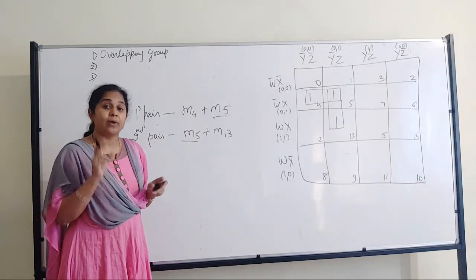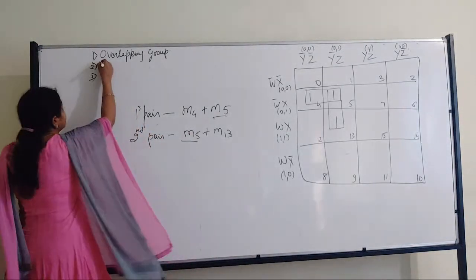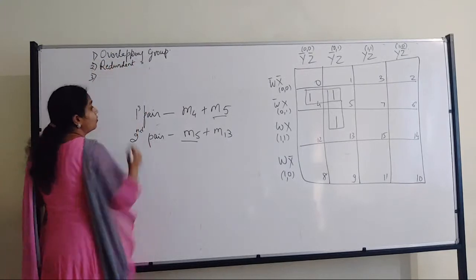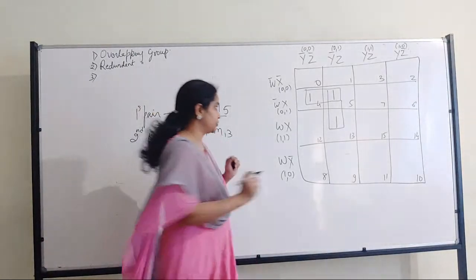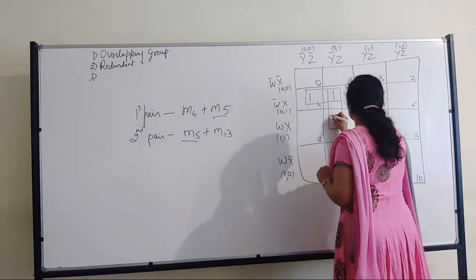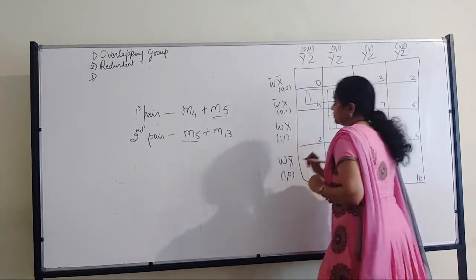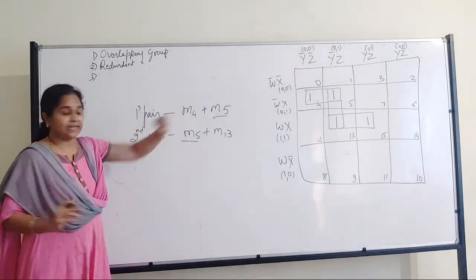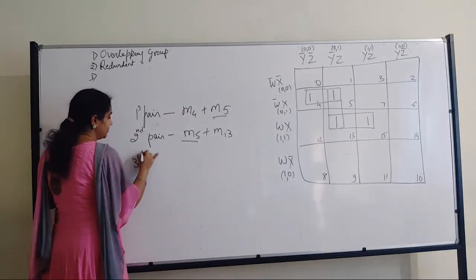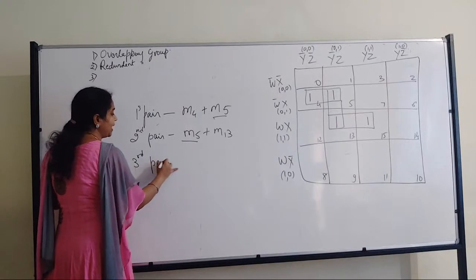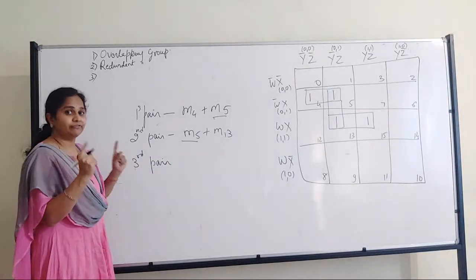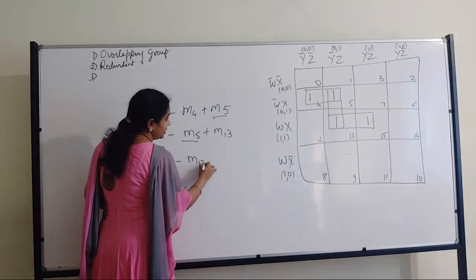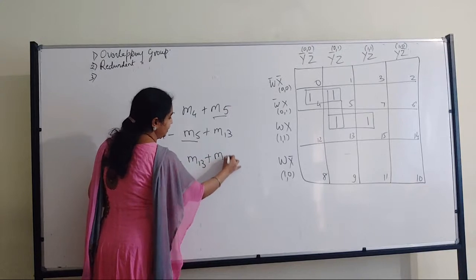We have to keep it. Now why am I stressing this much? Because this gives us a redundant group. What does redundant group mean? I'll show you now. Okay. Now you see I have one pair, two pair and three pair. Now let me have my third pair. Because overlapping and redundant you can't learn individually. You have to always learn together to understand it better. Third pair is my M13 and M15.